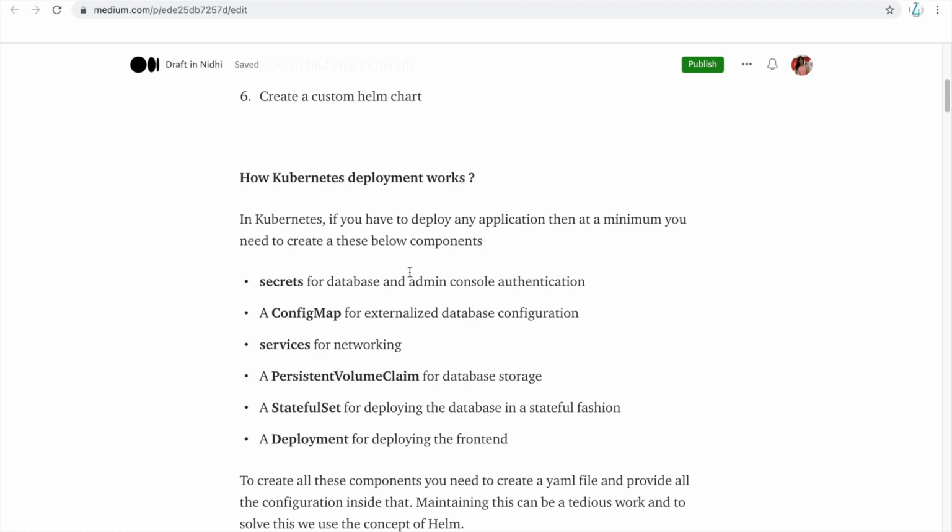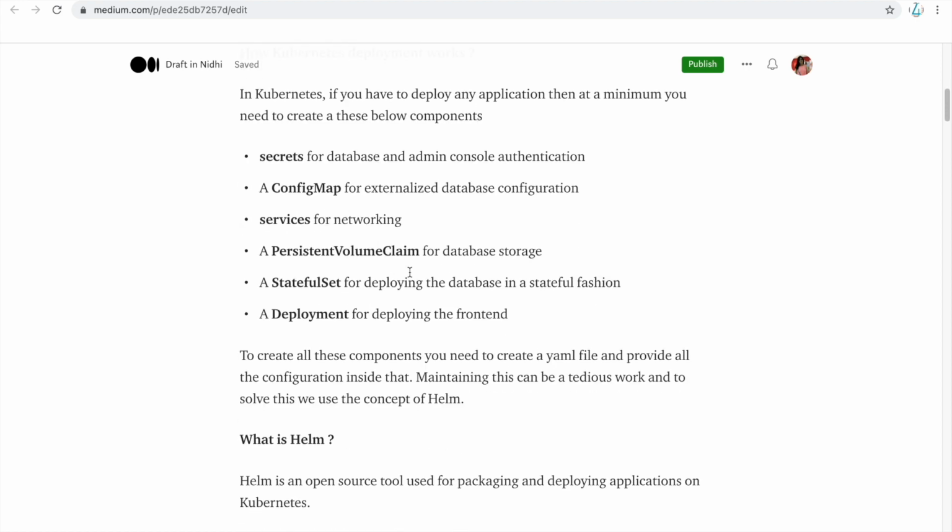So to solve this, there is the concept of Helm. Helm helps with Kubernetes deployment so that we can deploy without creating a lot of YAML files or a lot of components individually. So let's see what Helm is.